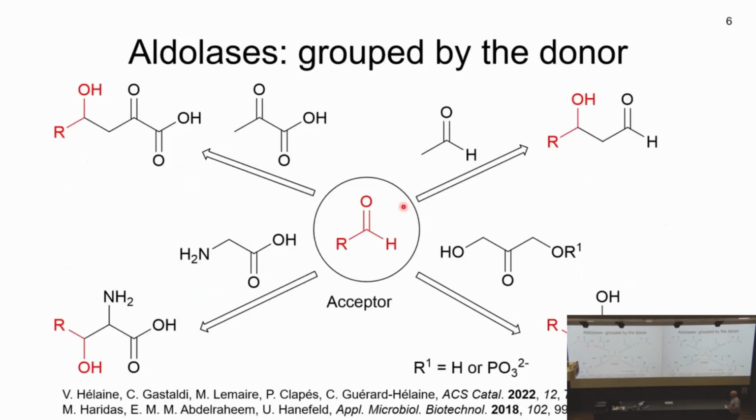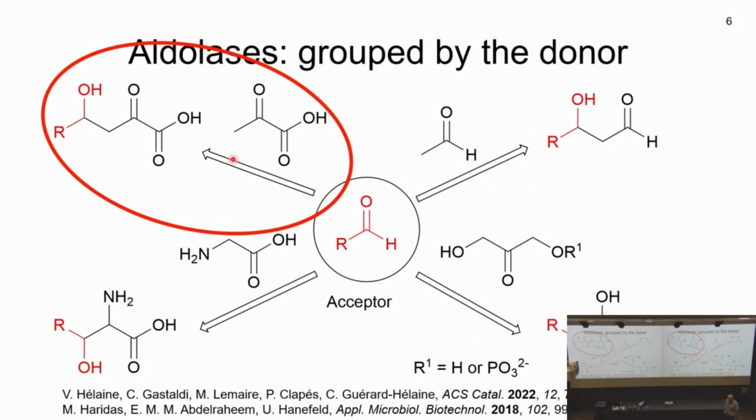So if you then look at the enzymes that catalyze an aldol reaction, that are the aldolases, there are 4 of them, and they're grouped by the donor. At least that's how the biochemists call it. Chemists call it the nucleophile. So there are 4 nucleophiles that these enzymes use, either pyruvate, acetaldehyde, dihydroxyacetone phosphate, or this glycine. And if you look at that, then this is pretty similar to the substrate we wanted to use. So we were wondering whether there are some of these enzymes around that can use hydroxypyruvate.